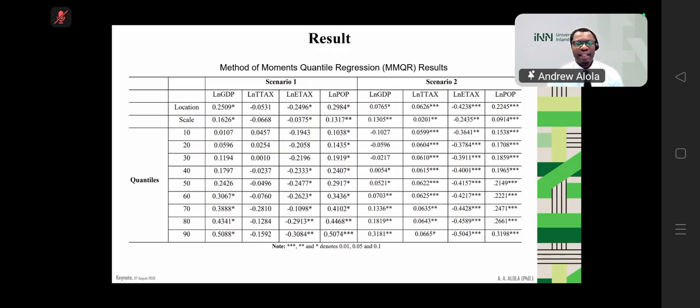It means that the transport tax does not necessarily have any form of effect on greenhouse gas emission from passenger cars in high passenger car countries, in the countries that have the highest number of passenger cars. So the tax on transportation does not necessarily have any significant effect. And when we move to the third column on that same scenario, which is e-tax, you will see that it